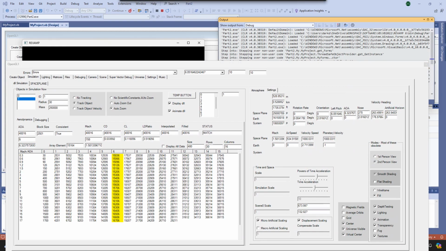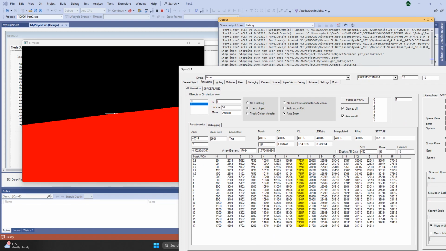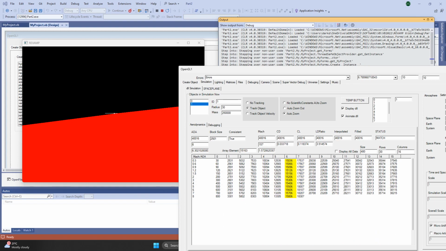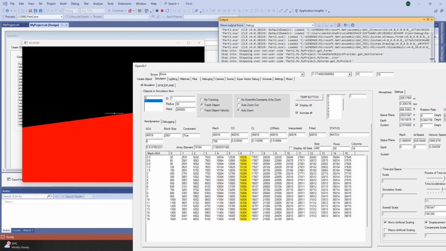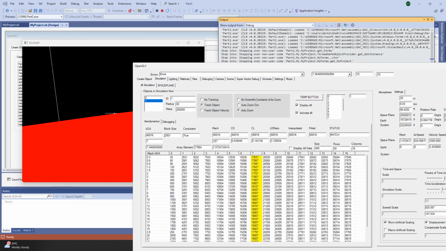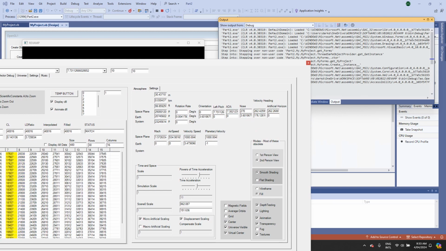So at the moment it's in a vacuum environment bouncing off the earth, but it's extracting the correct coefficient of drag and coefficient of lift according to the angle of attack and the Mach number. And as you can see, the angle of attack and the pitch, they're similar, but they're not exact. And eventually they'll deviate